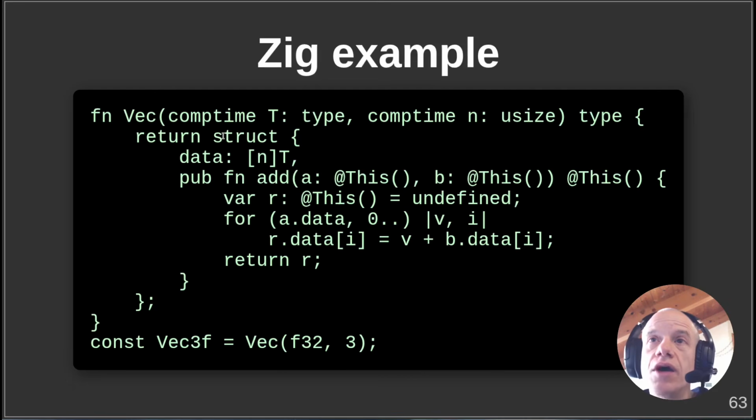And as you see, we have return struct. So we are returning a type. And in this type, we use simple substitution basically. So we have the T, the N. And the at-sign builtin is a trick that lets us refer to a type inside the type, even when the type has not yet a name. So this has no name, but with this you can refer to the same type. And this is a loop that implements addition, element by element. This is the standard way to make a loop in Zig. So it's not special syntax, and